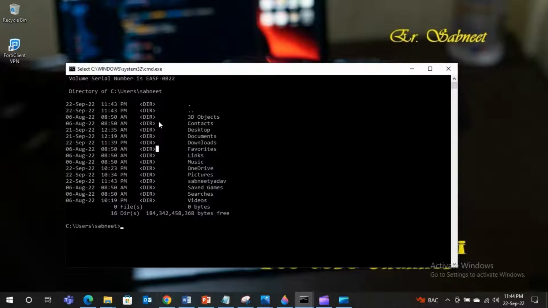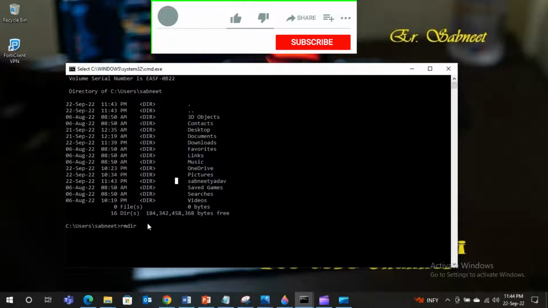So we have checked, and we have the command for deleting, rmdir, and you can remove this folder. So I have created this folder, and now this folder is not required for me, so I am deleting it. So type the command rmdir and the folder name to delete. Put the delete folder name Sabneet